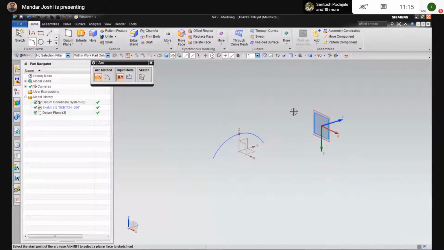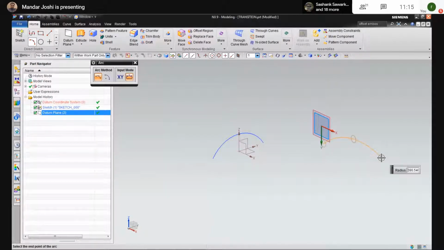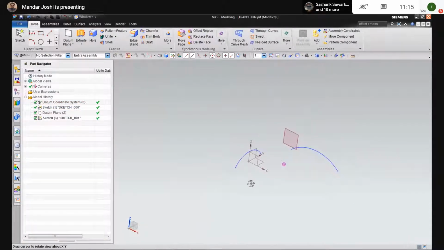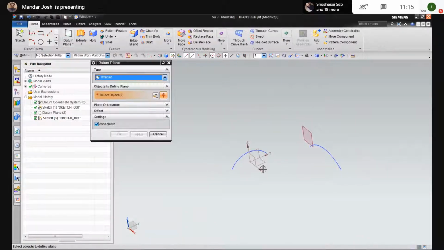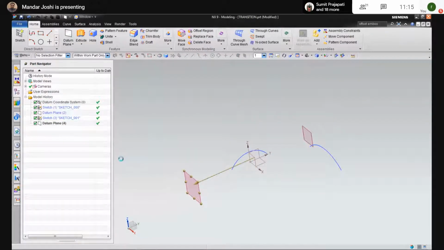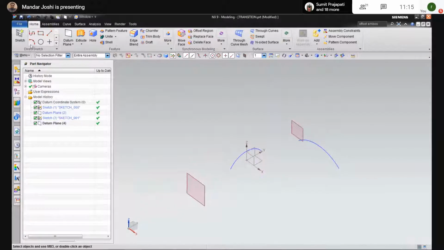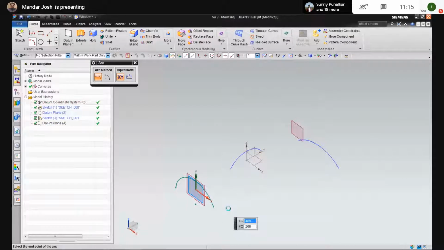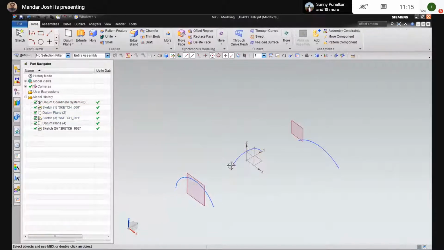I select the arc here and draw an arc like this. And I create one more offset distance plane. There is one more arc here. Not necessarily only arcs, you can create lines also. I'm going to delete this.